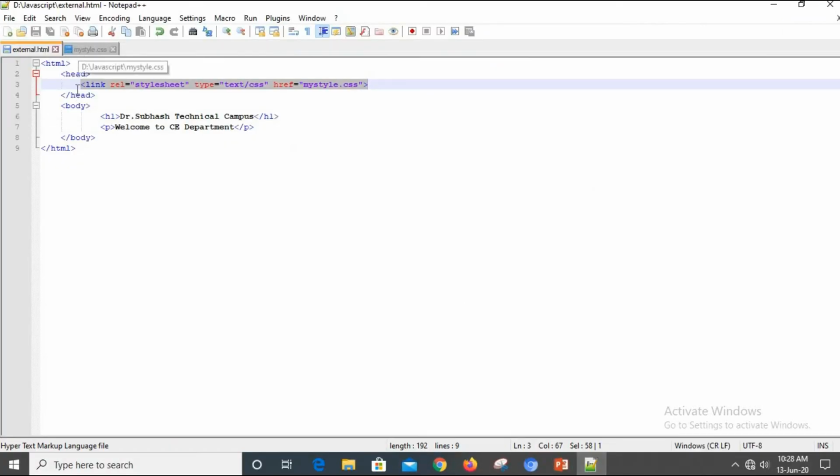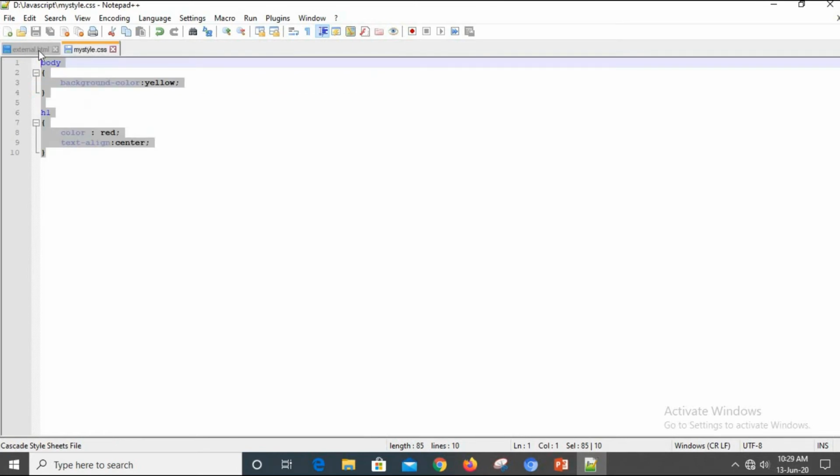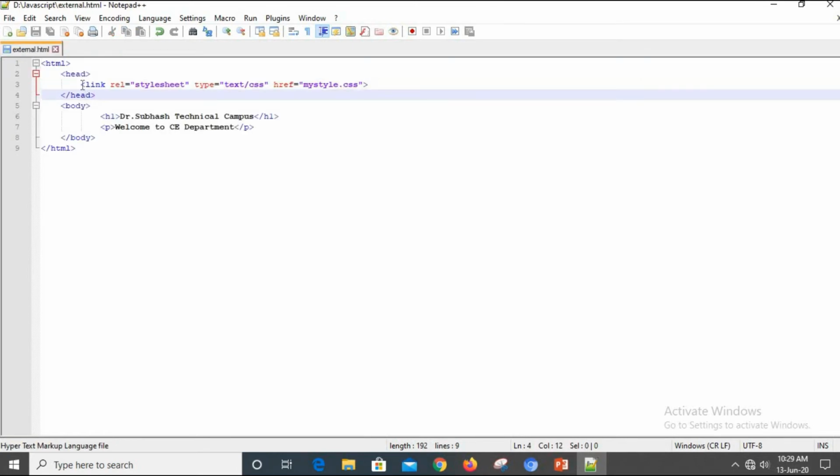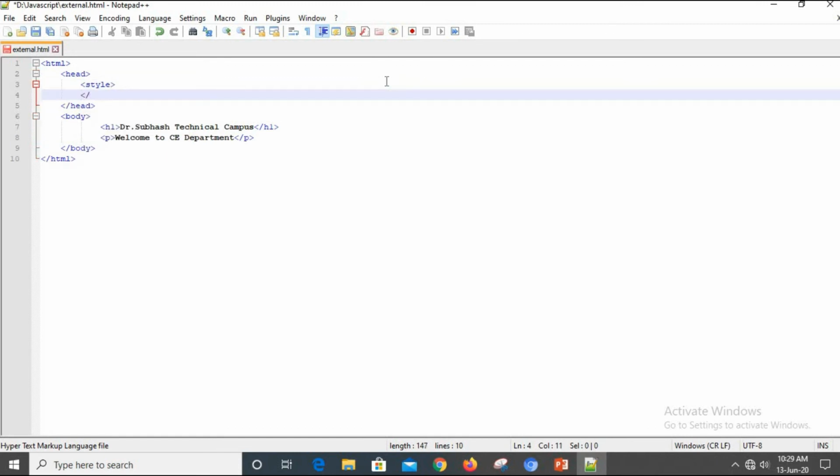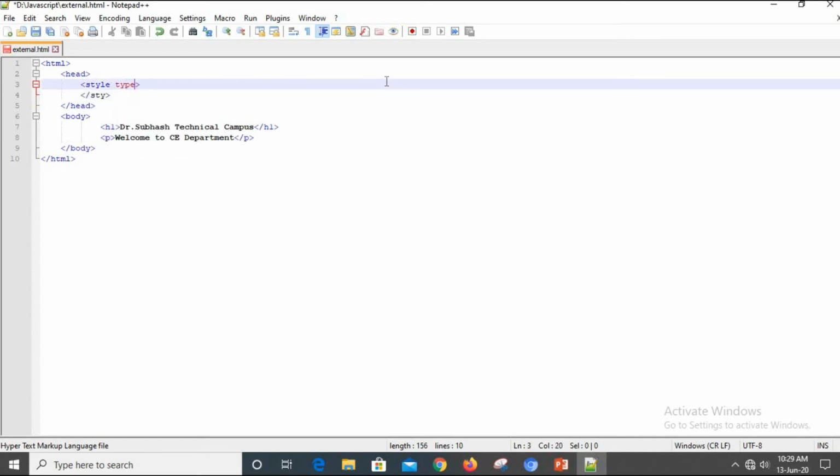In Notepad, I am going to remove this one because we are seeing the example of internal. So inside the head section I am going to write a style tag. We are going to close the style tag. Type is equal to text/css.